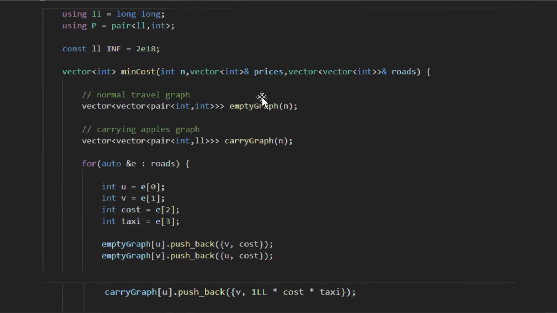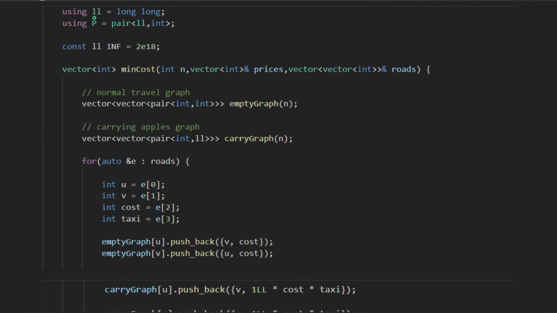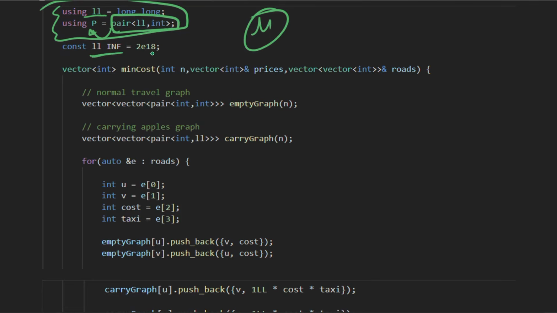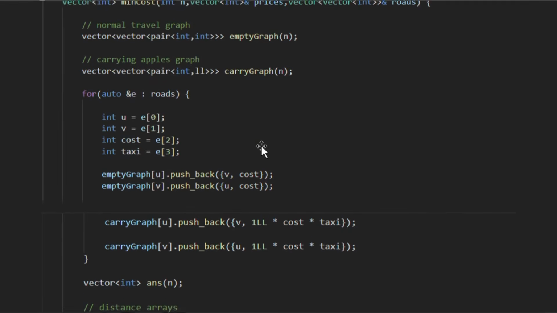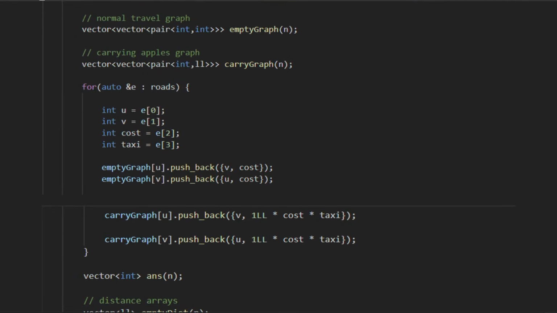So in the code we have declared ll instead of long long, and we have declared pair of long long comma int as p, so we'll be using these two, right? And then ll of infinite is equal to 2 to the power 18, right? So this is our main function. We have taken two graphs, one without carrying apples, the other carrying apples, right?